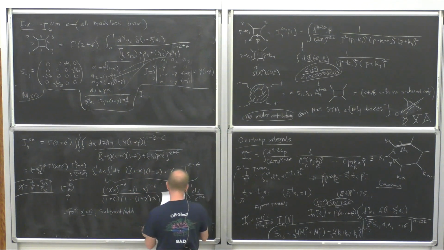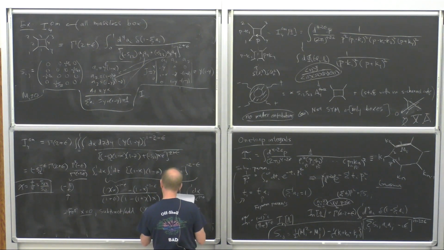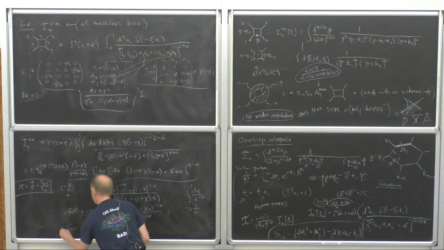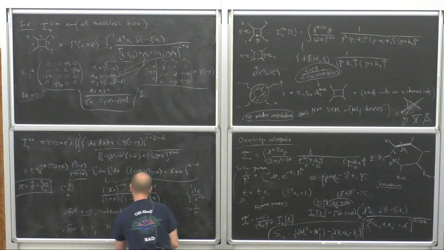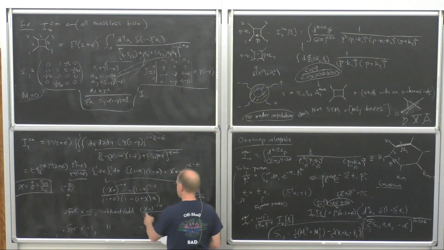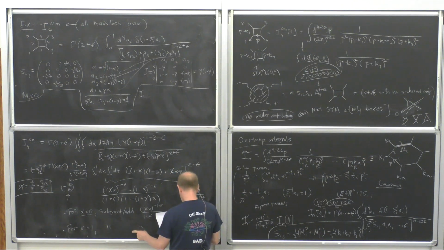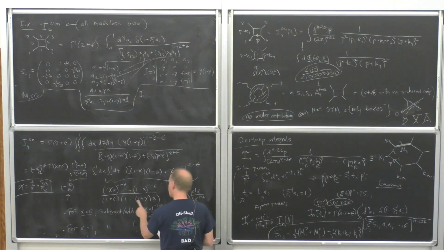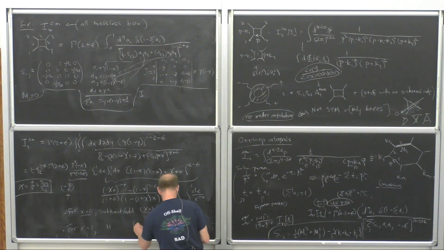the x goes to 0 behavior of this, which is chi x to the minus 1 minus epsilon, 1 plus epsilon. And then to fix the x equals 1 behavior, you do the same thing with, see, this is just the x goes to 0 limit of this. I just dropped this at that point. And in the x equals 1, I plug in x equals 1 and I get a chi in the denominator. So I have to do